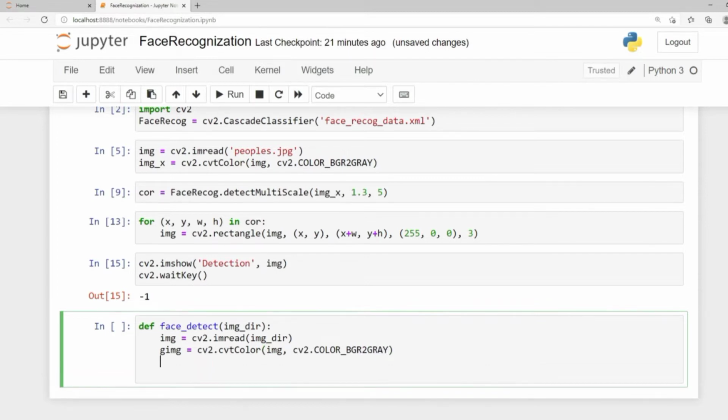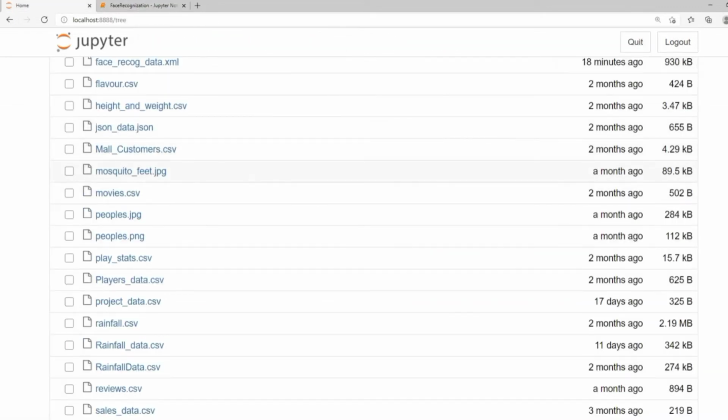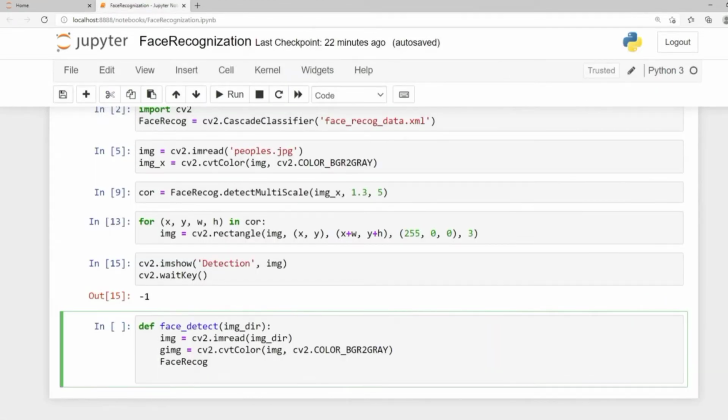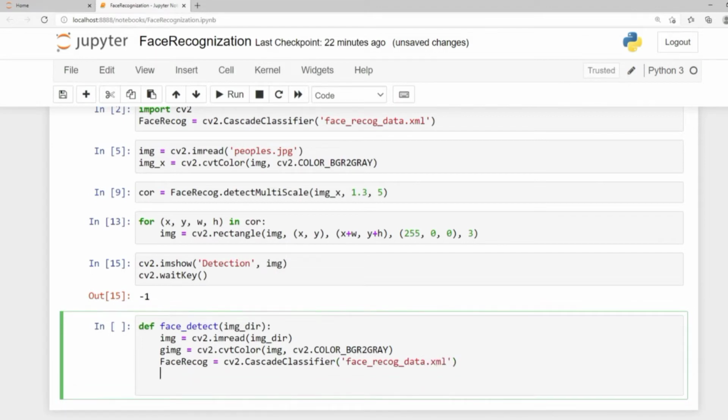Then we have to create our cascade classifier. So face recog. So make sure that this face recog matches the data in your Jupyter notebook. Here we have this face recog data XML data, you can see. So make sure that is correct. So in here face recog will be cv2 cascade classifier, and that is our face recog data XML. So face recog data.xml,